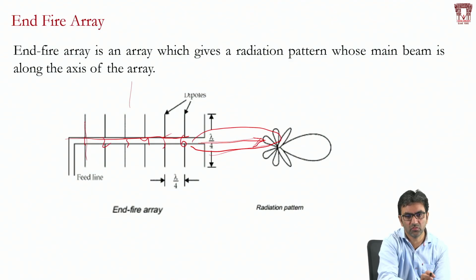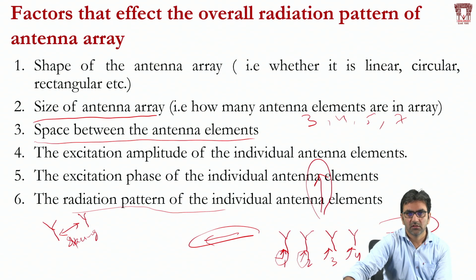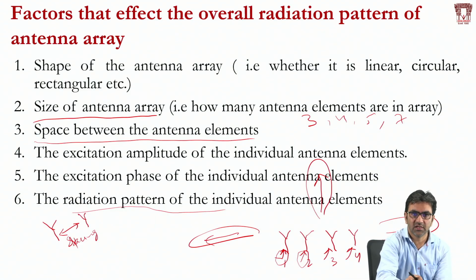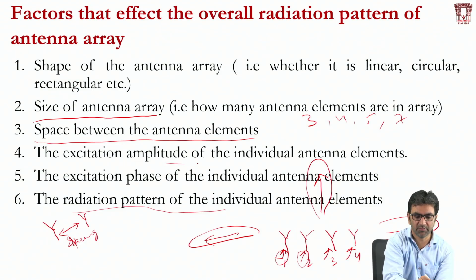As I told you earlier in this slide, the factors that will decide how this radiation pattern will look like, it will depend on the excitation amplitude, it will depend on excitation phase, it will depend on spacing